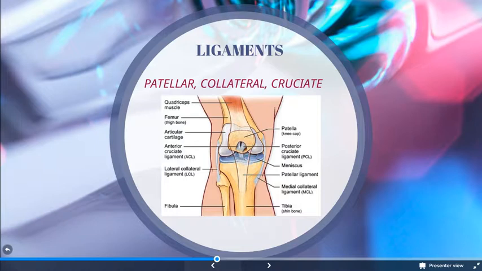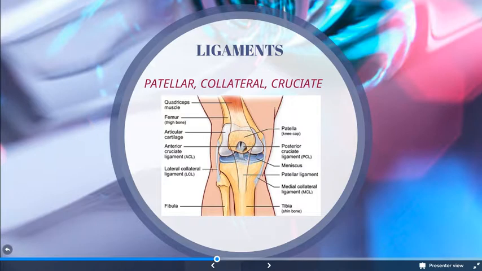I mentioned earlier that the joint cavity is particularly enclosed. The articular capsule is absent in the anterior portion of the knee joint. Because of this lack, the patellar ligament's function mirrors the function of the quadriceps femoris tendon for continued protection. The patellar ligament attaches from the distal end of the patella to the